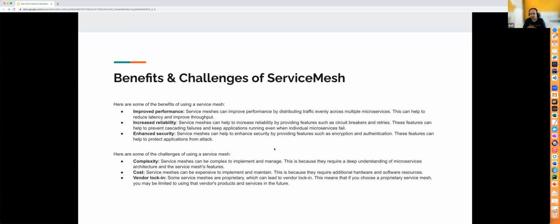This improved the way the microservices connect to each other. And since all the load was getting distributed properly, and there was a retry mechanism, everything in place, this helps to reduce the latency and improve the throughput of the microservices.